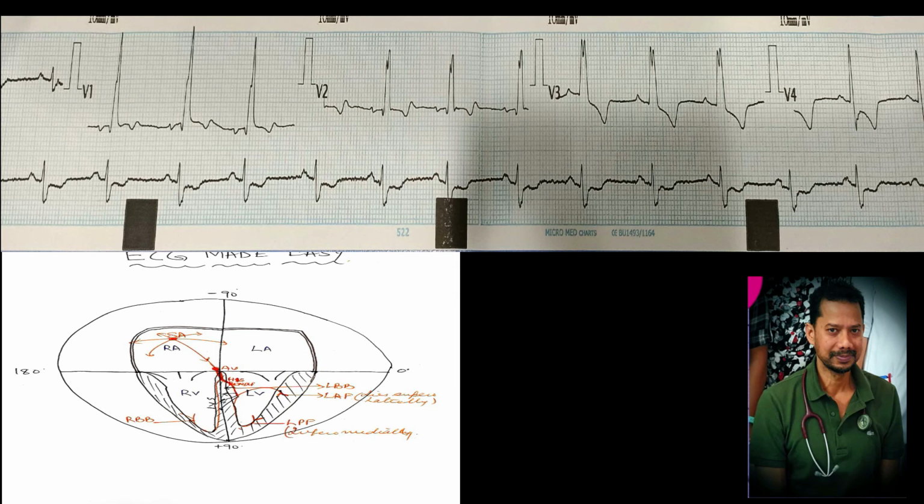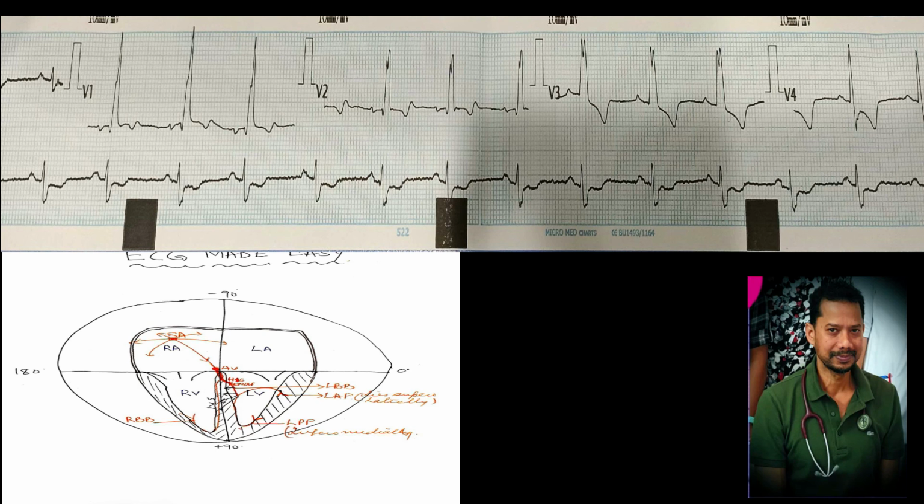By default V1, V2 lie opposite to V5, V6 electrically. Anterior leads are electrically opposite to inferior leads. If something gets elevated in inferior leads, the opposite of that might happen in lateral leads. If the lateral leads show something positive, the inferior leads might show something negative. Okay, so this is a finding of right bundle branch block.